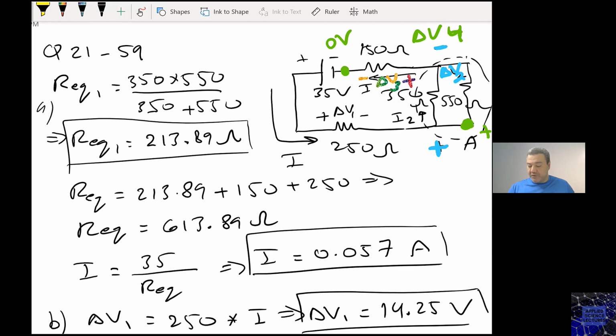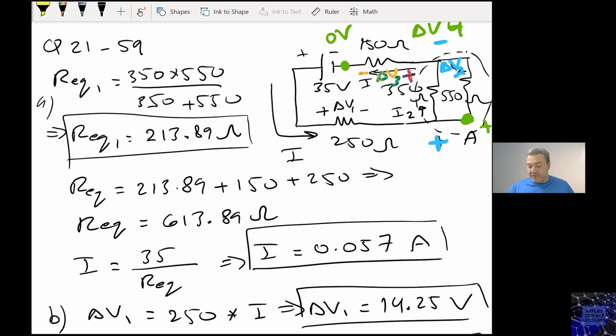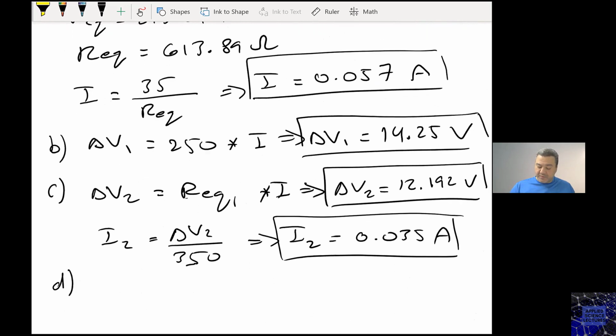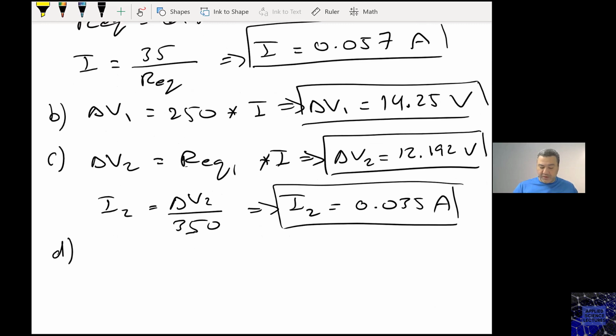So for me, in order to calculate delta V4, as you can see, delta V4 here is the summation of delta V3 plus delta V2. So let me do it this way. So delta V4